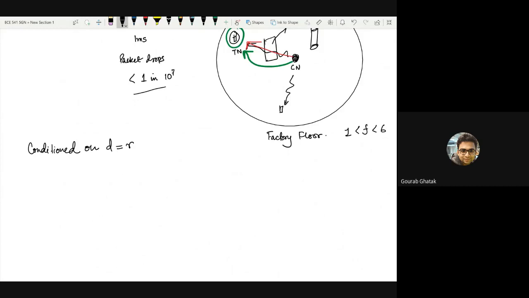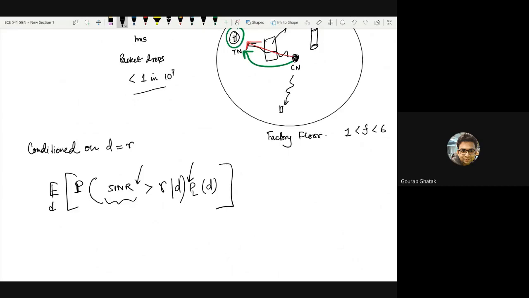So we have transmit power PT, antenna gain G, path loss K and alpha. What you have to do is simply compute the probability that the SINR is greater than some threshold, and if you have put the probability of being in line of sight here, that is fine. If you have put the probability of being in line of sight here, that is also fine. If you have also done option 3, which is SINR greater than gamma given D, and probability of line of sight given D, and expected value over D, that is also fine. As I mentioned, depending on the type of service, all these options are possible.